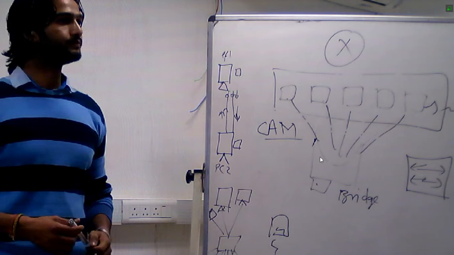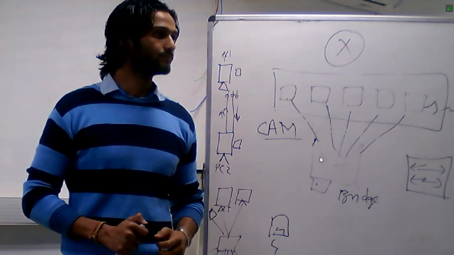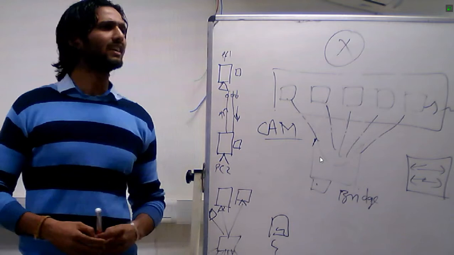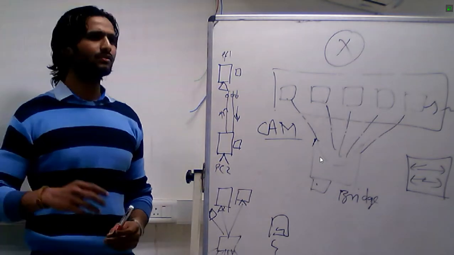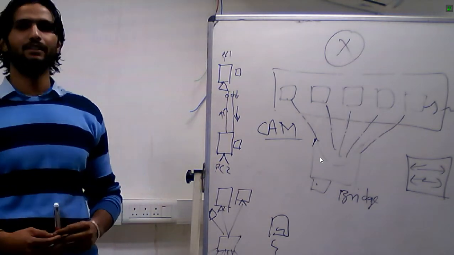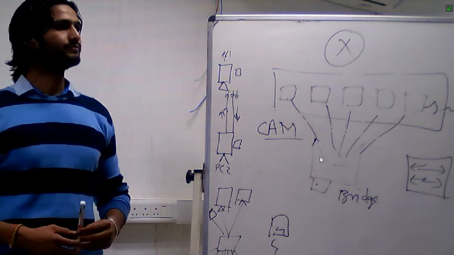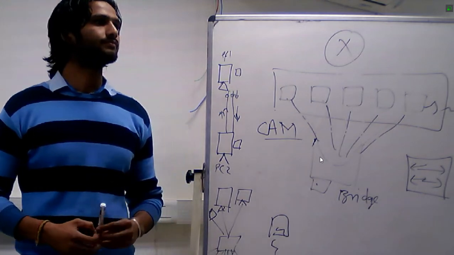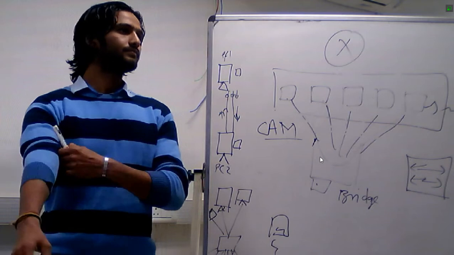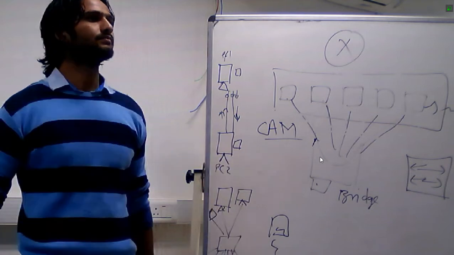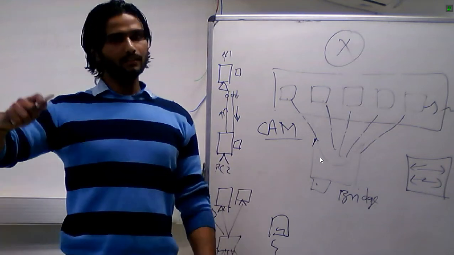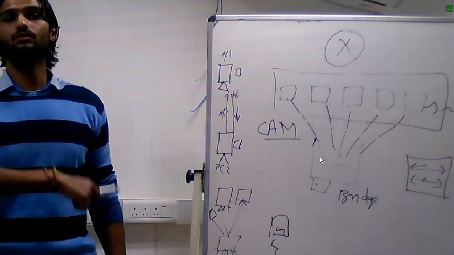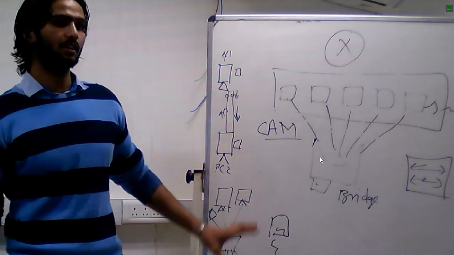There's one more thing, sir. In the switches, we can create VLANs, and with the help of VTP we'll be covering that. That is different, that will be covered in switching. With the help of VTP, we can propagate the VLAN which we have created on one particular switch, and it can move to all the switches. So as he said, it is easy to manage a switch as compared to a bridge. That is a different thing, and you will get to know about that in your switching course,